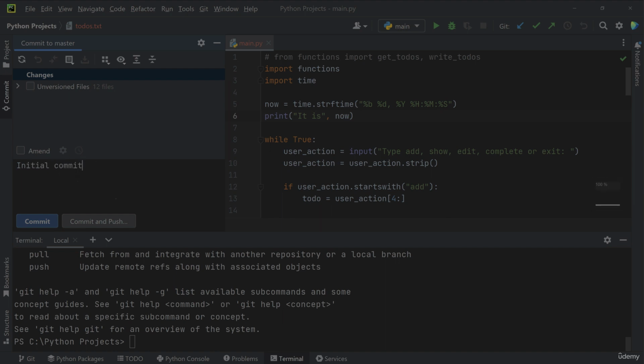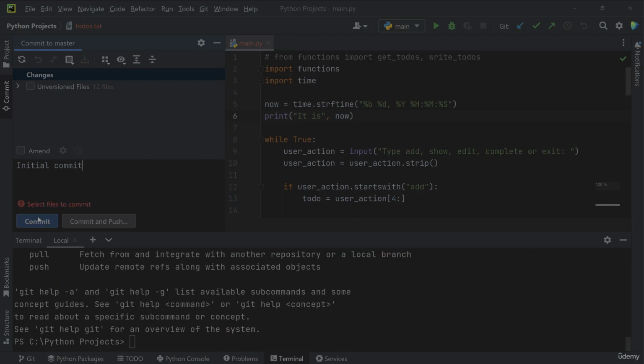For example, initial commit. Now this is known as the commit message. Here you want to write something meaningful and short. It is recommended to be the length of a normal sentence. So you want to describe what you did. So what we're doing here is we are creating a timestamp. We did some changes, so we created the initial project and we create a timestamp, and then we can go back to this timestamp later on. And as the first message of the first timestamp, we usually write initial commit, and so then you want to